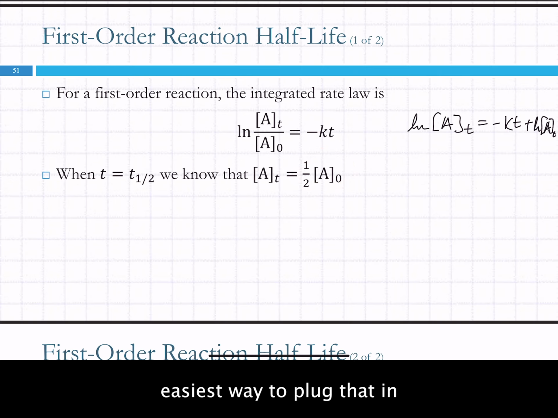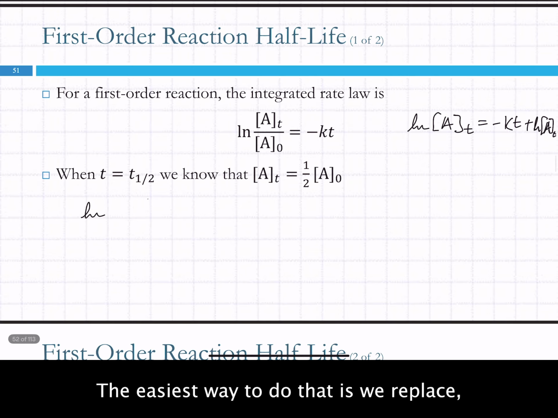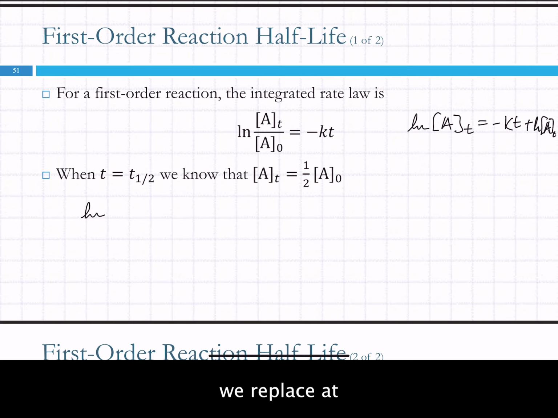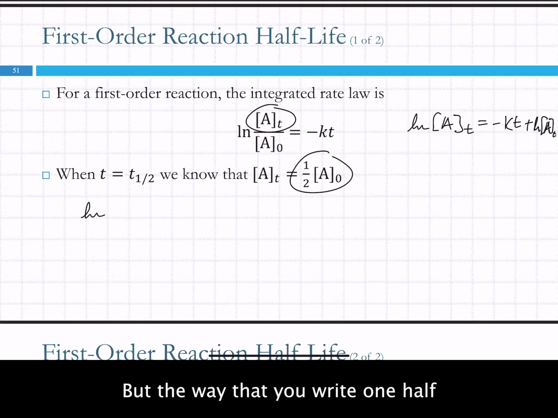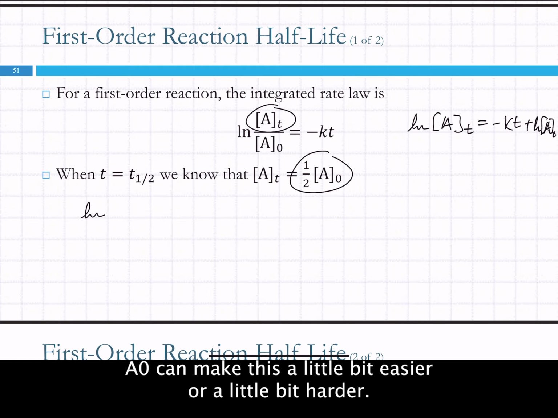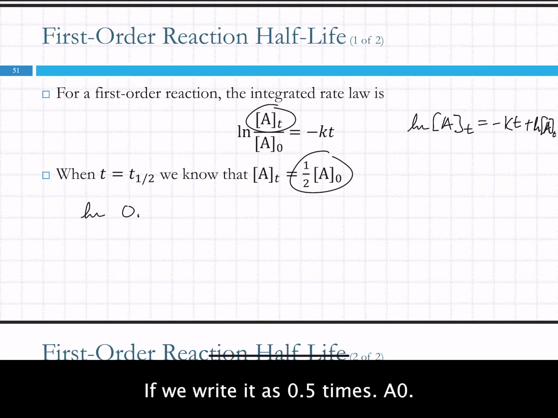And for this one, the easiest way to plug that in, it's like mathematical semantics, because it all means the same thing. The easiest way to do that is we replace At with 1/2 A0. But the way that you write 1/2 A0 can make this a little bit easier or a little bit harder. If we write it as 0.5 times A0,